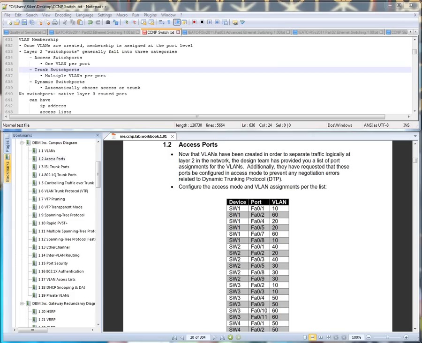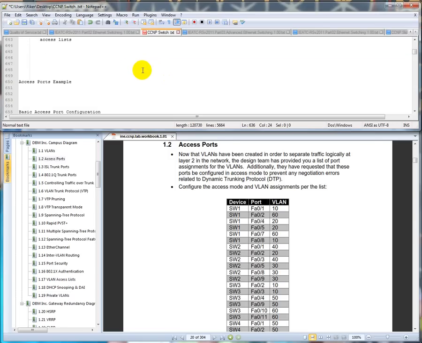If you enter the no switchport command at the interface level, it turns a layer 2 port into a layer 3 routed port. At that point, it can have an IP address, an access list, stuff like that. So when we get into it,